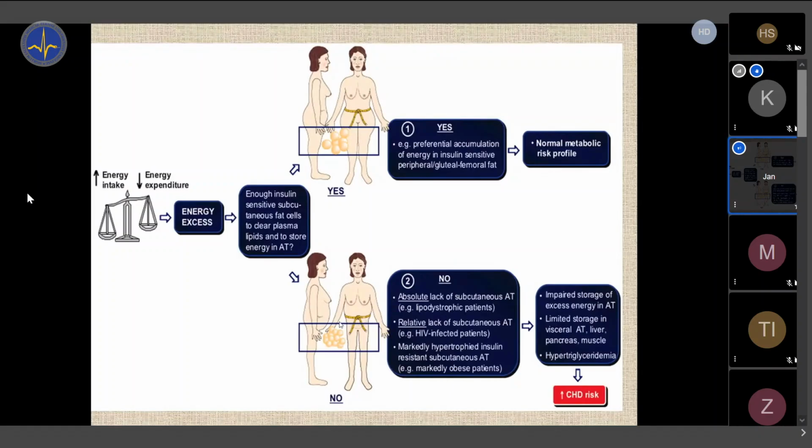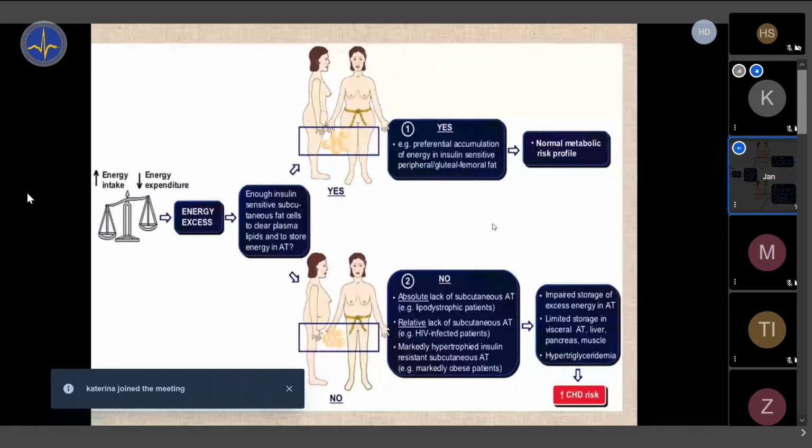We sometimes refer to this as android obesity, because this is obesity typical for males, for men. In contrast to gynoid obesity, where if you calculate BMI you will have a high BMI, 35, 32, but the fat is distributed in the gluteofemoral region and not really in the abdominal cavity. So the waist circumference is actually not enlarged, or not that much enlarged, and this fat in the femoral and gluteal region is not associated with increased risk, because, as I said, more dangerous is the fat in the abdominal cavity.